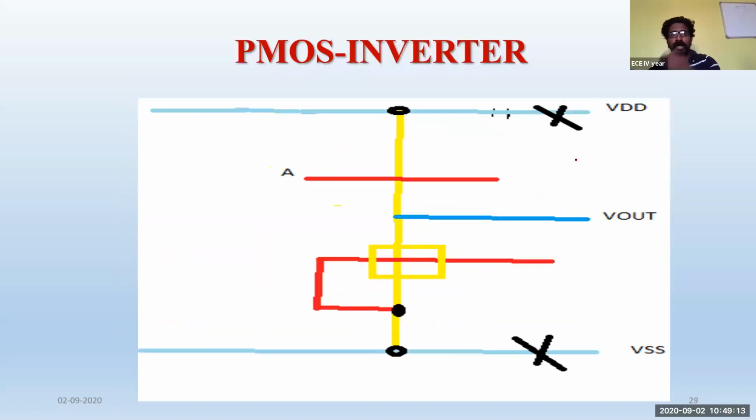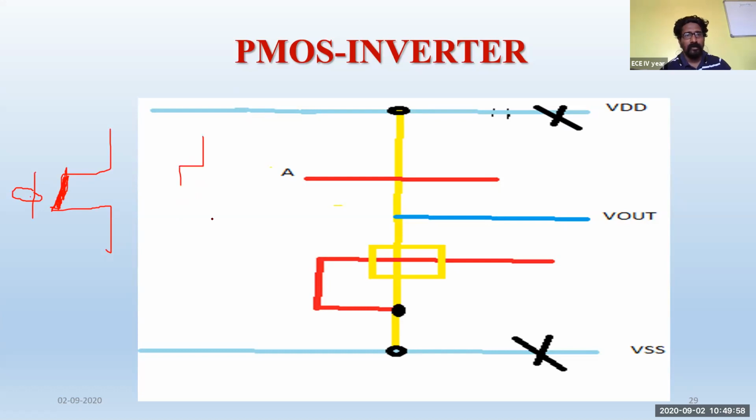And now coming to the PMOS inverter, how to draw the PMOS logic case. For the NMOS logic structure, we replaced the complete P block with the depleted N transistor. Now for the PMOS inverter, you are supposed to replace the N block with the depleted PMOS. The only difference is that when you draw this PMOS, one bubble will be there with the depleted symbol. So now this depleted PMOS will replace the block of the design.